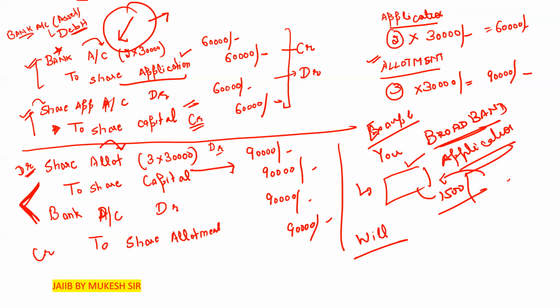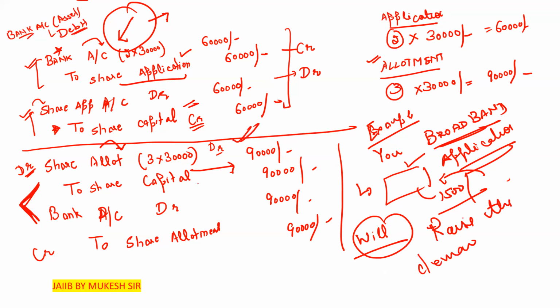And you have to pay the money because the organization knows that this person has taken the broadband connection last month, and now they have to pay the bill every month. Now they have a record in their database of your broadband connection. So they will raise the demand in the second instance.